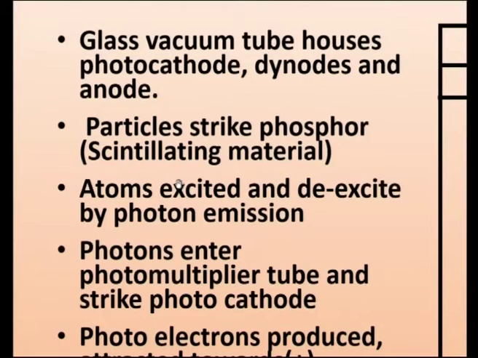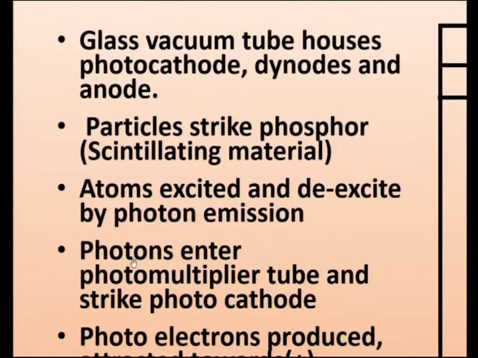See, for a scintillation material, how do you get light emitting? For example, in a tube light, when electrons fall, the tube light becomes bright, because there is a phosphor coating. Phosphor is a general word for any material which will give light. So that material, when an electron falls, the atoms are excited. It is not ionized, it is excited, and it will fall down. When it falls down, it will emit light. So atoms are excited and de-excite by photon emission. That is the work of the scintillator.